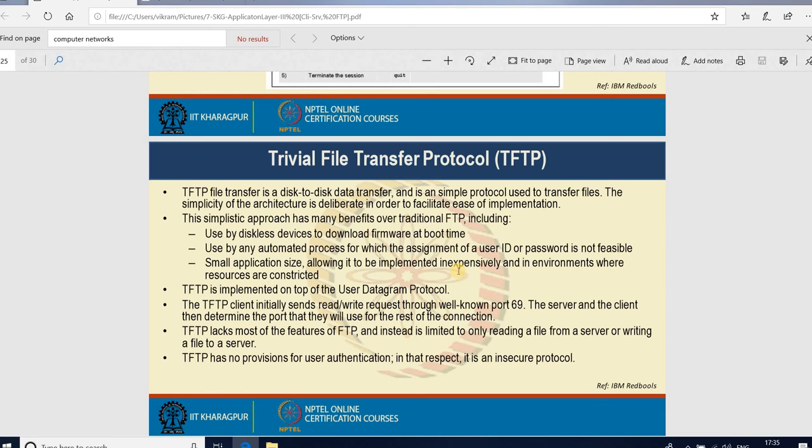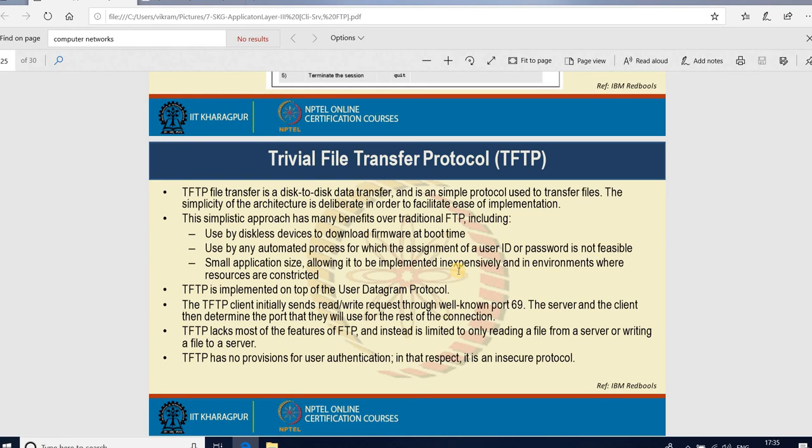So, coming to TFTP, Trivial File Transfer Protocol. TFTP file transfer is a disk-to-disk data transfer, and it is a simple protocol used to transfer files. The simplicity of this architecture is deliberate in order to facilitate ease of implementation.